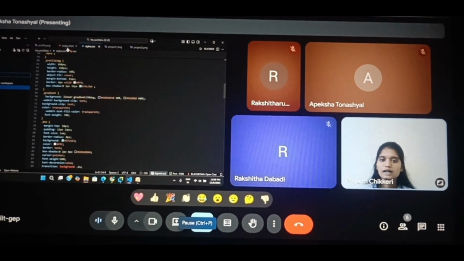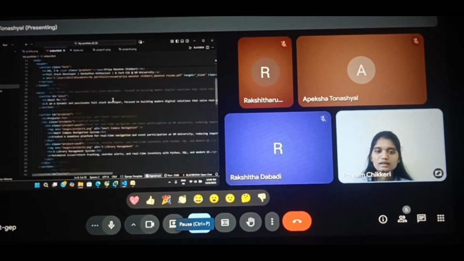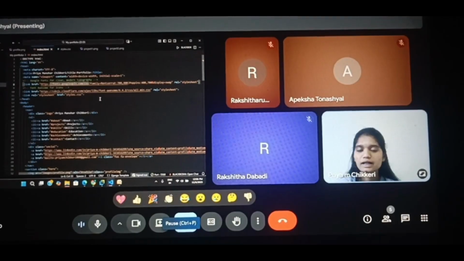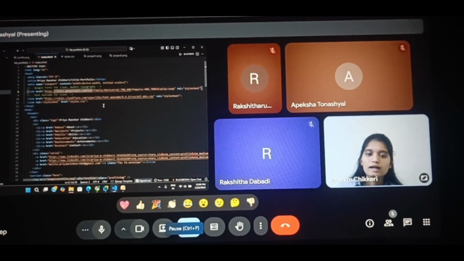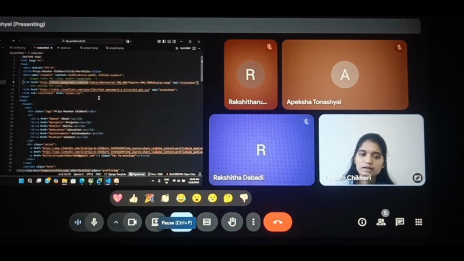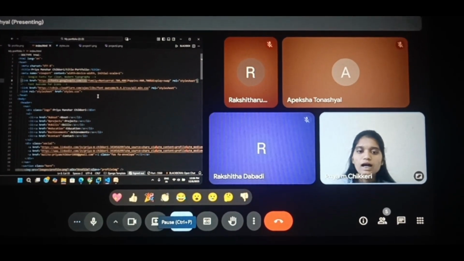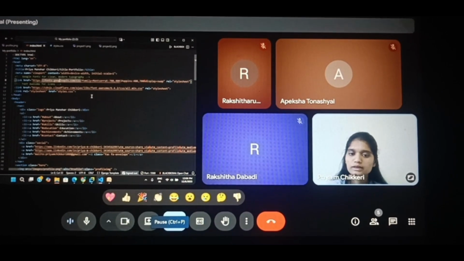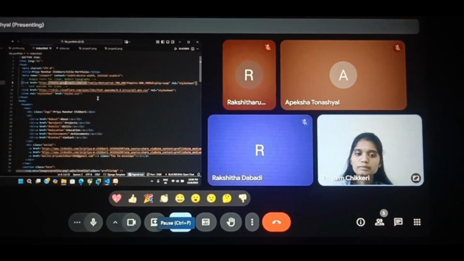System requirements. Hardware, I use a laptop, and software, VS Code, web browser, and an AWS account. To conclude, I learned both website development and cloud deployment. I understood how real websites are hosted and made accessible globally. This project has improved my technical